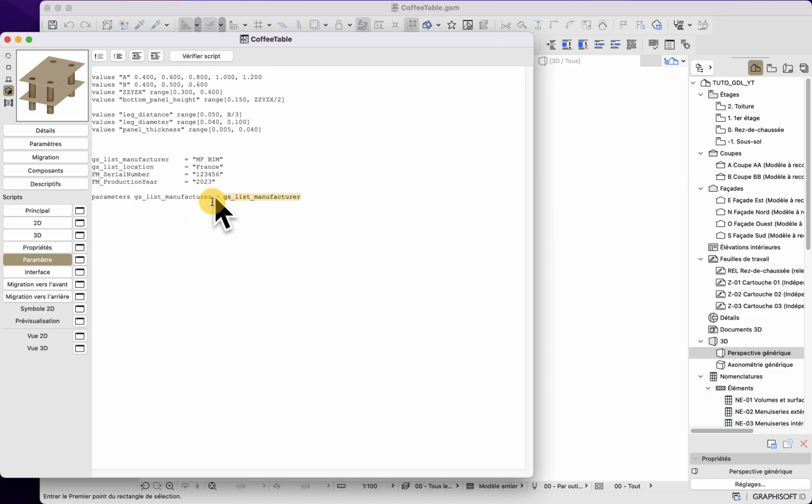So that's why it looks a bit weird, but I'm updating different values at a different stage basically. So it's a bit complicated to explain, but to make it simple, that's what we are doing here. So here I will do the same for this one, and also the production year.